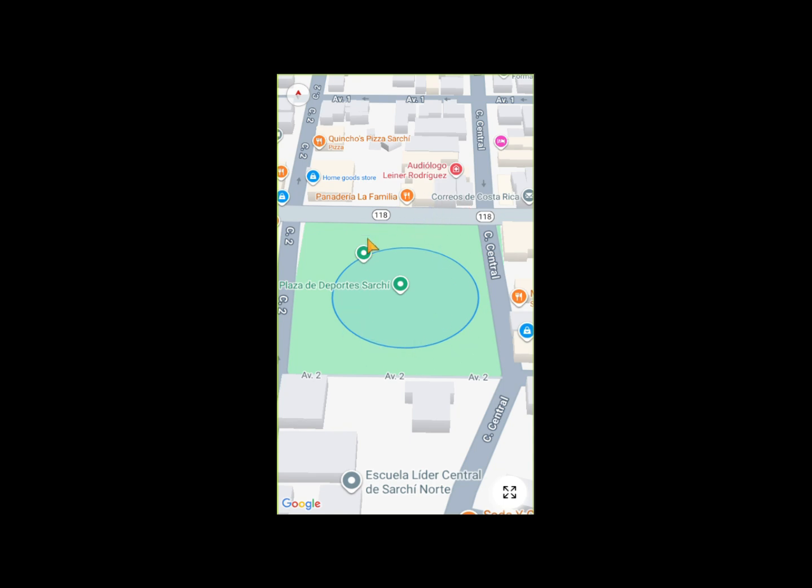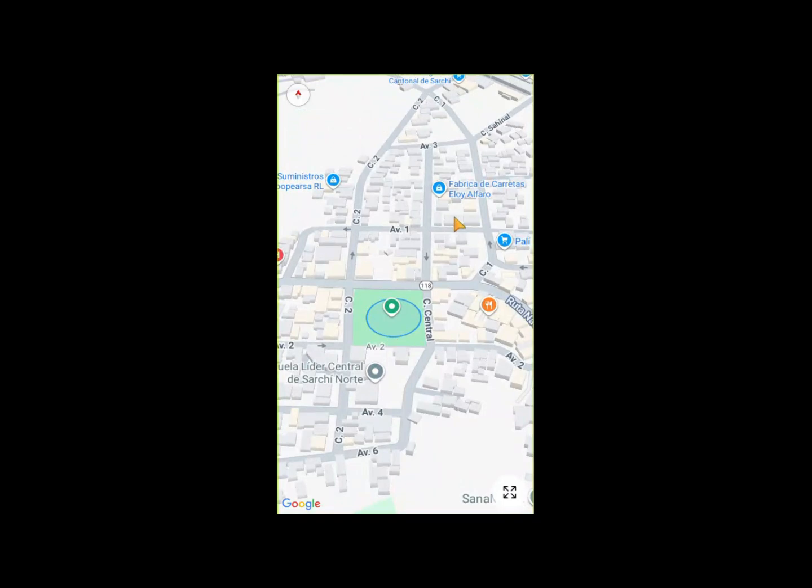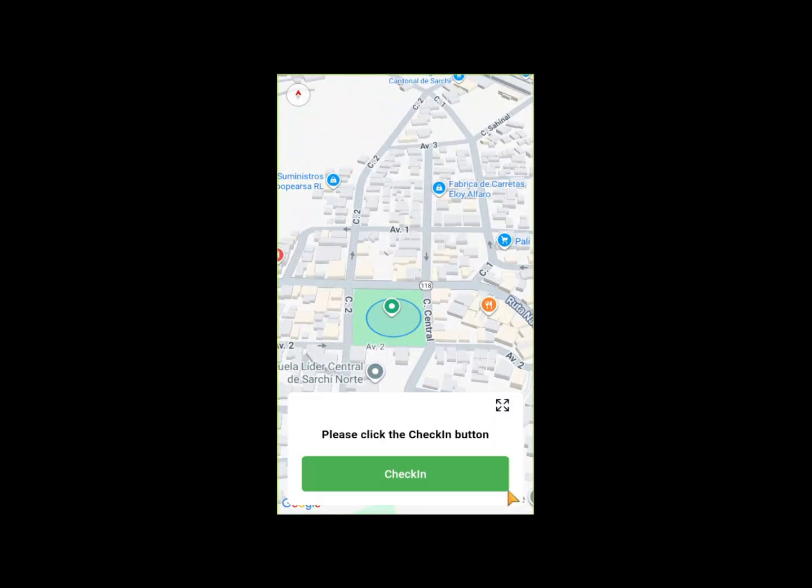Now you can see here your map has come. Right now it does not show the map from your location to the dealer location, because I am using my laptop, so that's why it's showing like this. If you are using your phone, then the map and route will be shown in your map. You can see here, and this is all about the map.